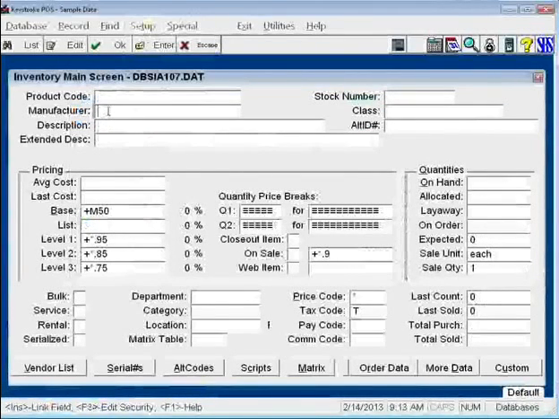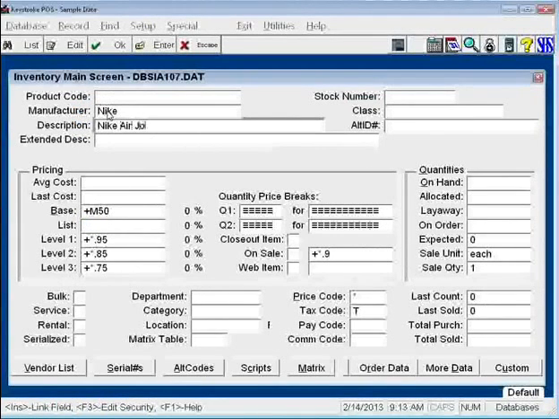and come in here and say manufacturer is Nike, description, Nike, Air Jordan, size, space, dash, space, and you can give it a class of shoe or whatever you have. So you can pre-fill in a lot of information so that if you're adding a lot of items,